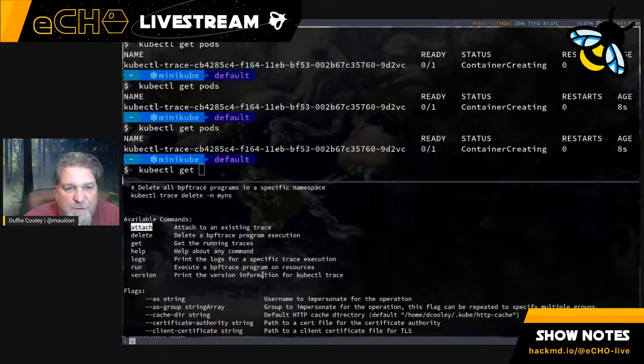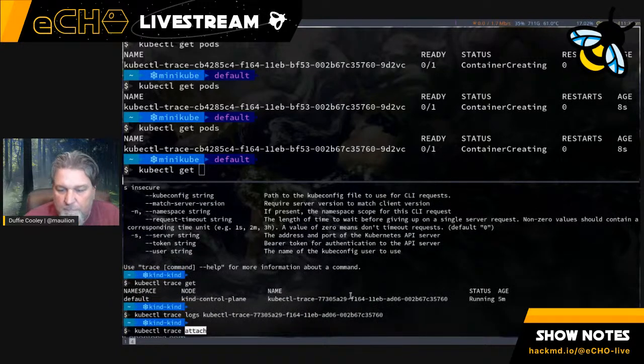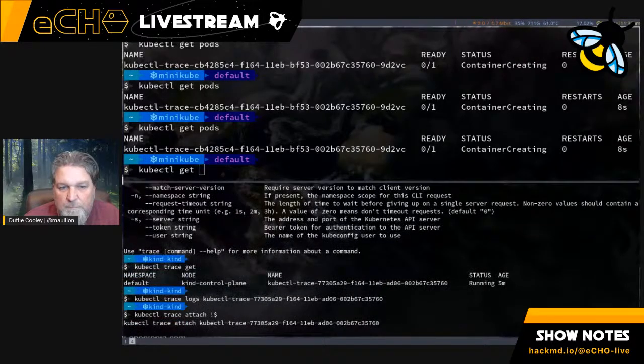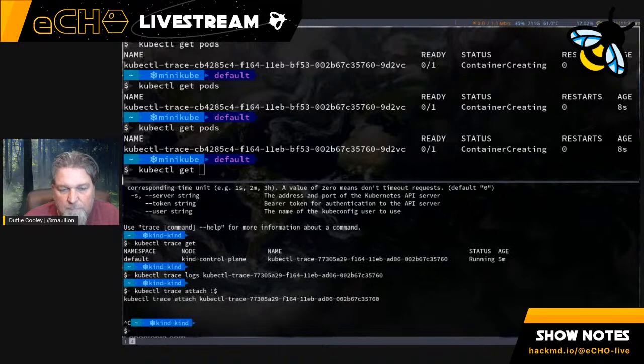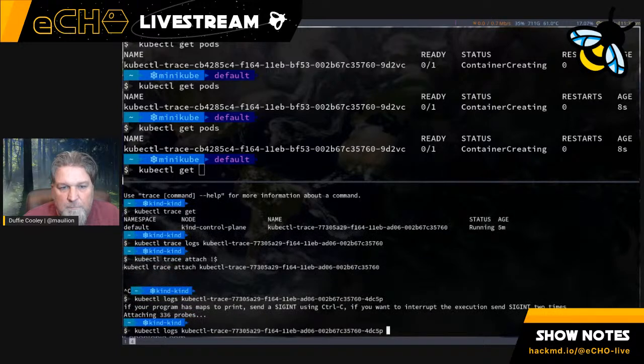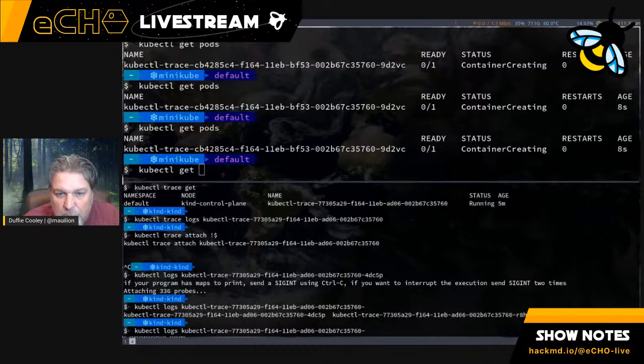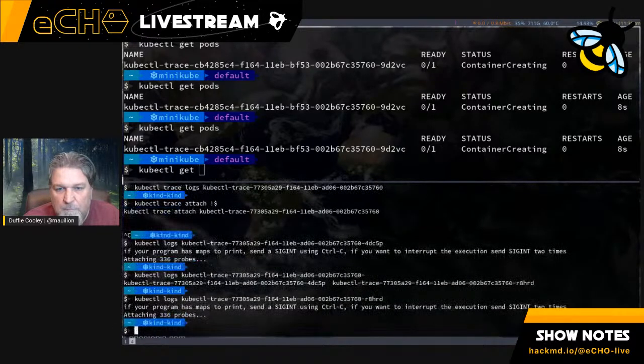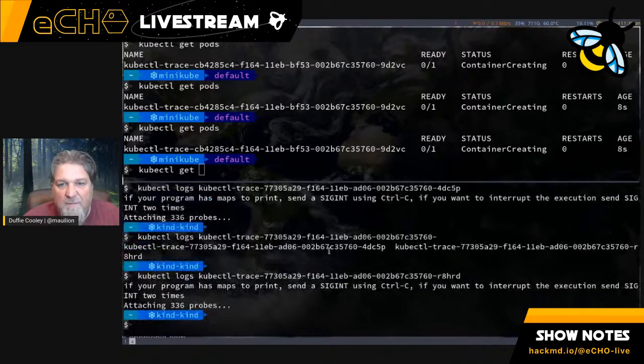Let's try attach. I wonder if there is something in our docs that will give me a place to start here, because I've been able to get the thing successfully deployed, but